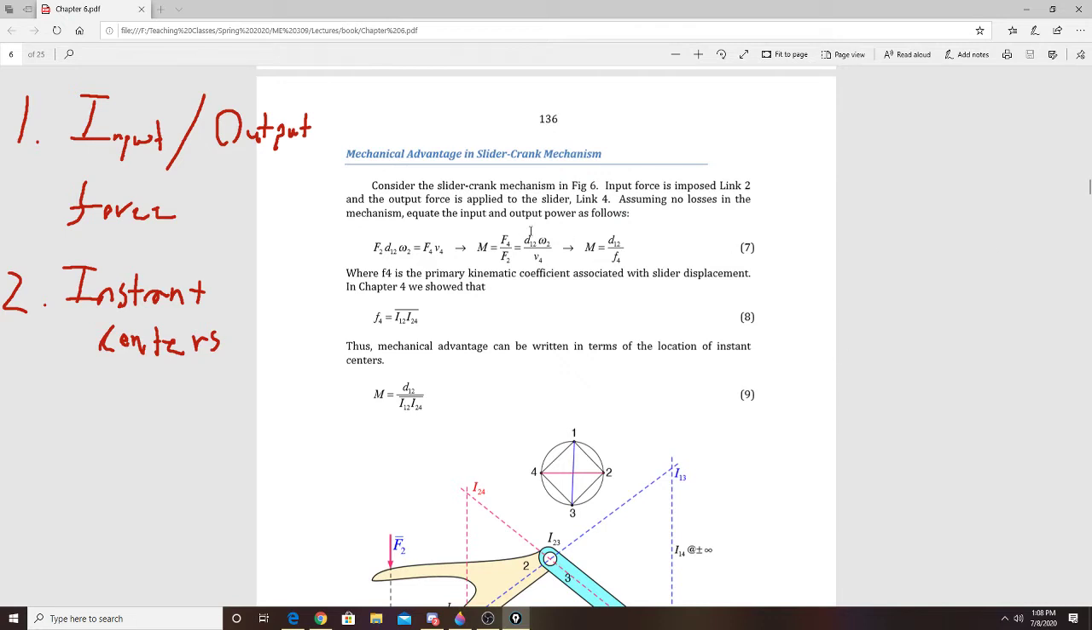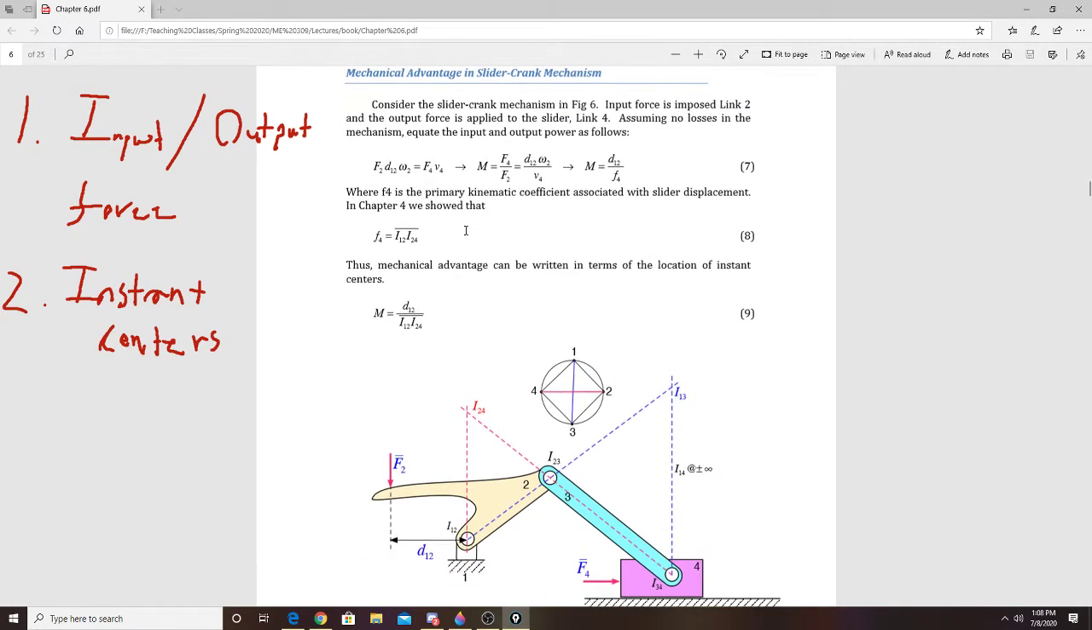It says this is the mechanical advantage in a slider crank mechanism. Consider the slider crank mechanism in figure 6, which is this one right here. Input force is imposed on link 2, so that is F2, right there. And the output force is applied to the slider right here, link 4. Assuming no losses in the mechanism, that means there's no efficiency loss. We're assuming it's a one-to-one transfer of power. Equate the input and output power as follows. So, right here,